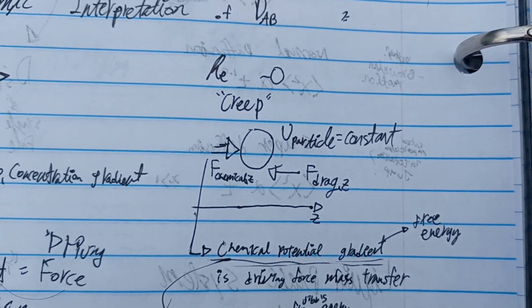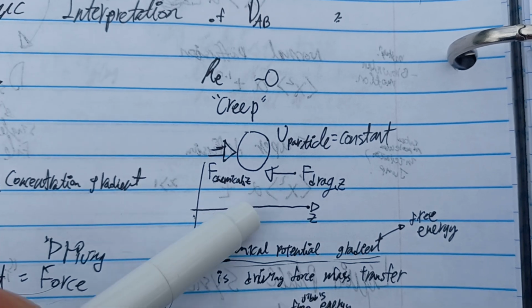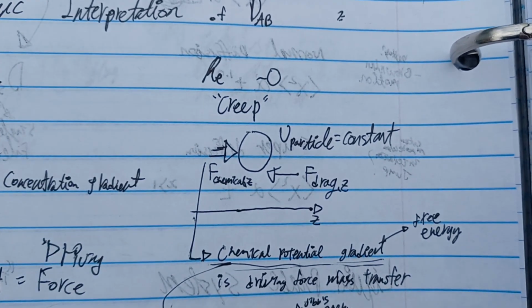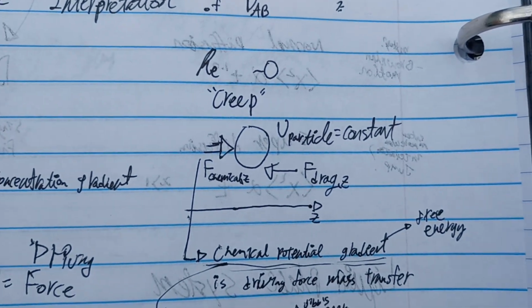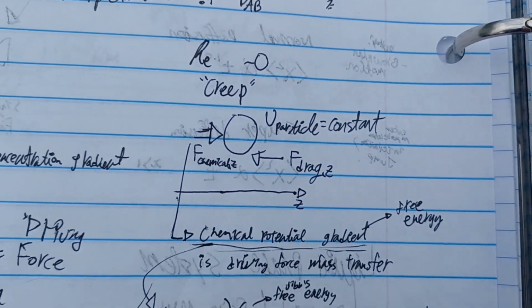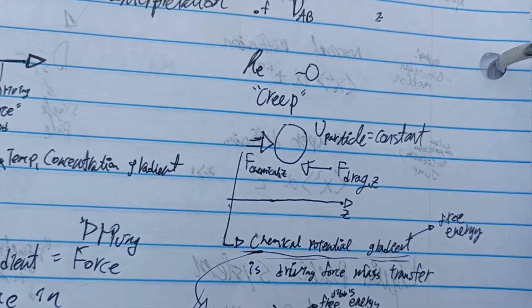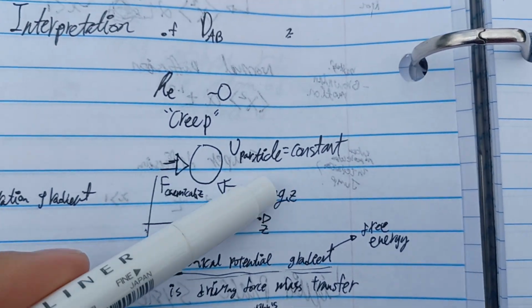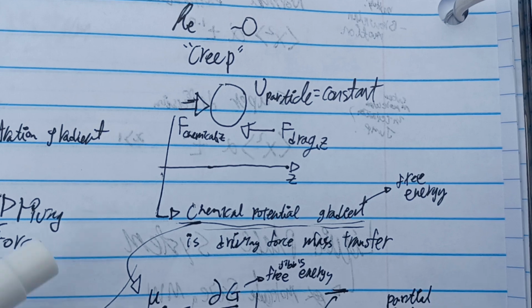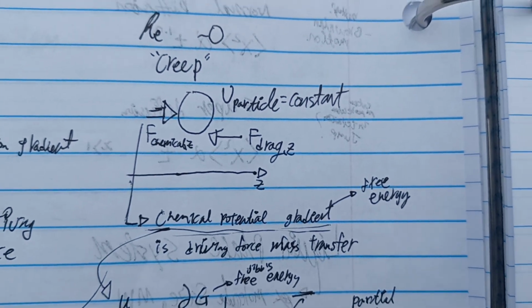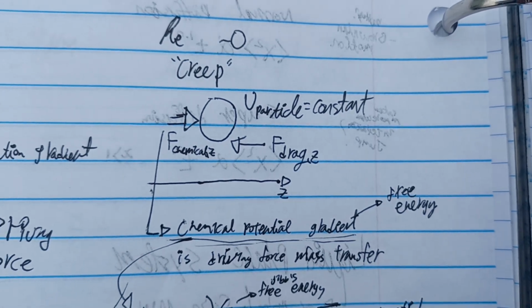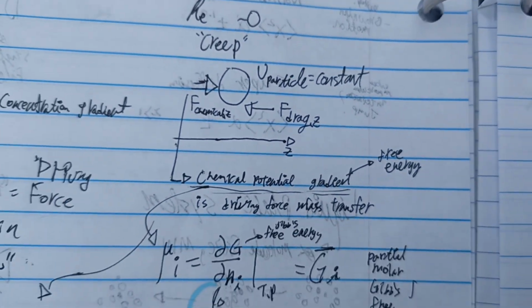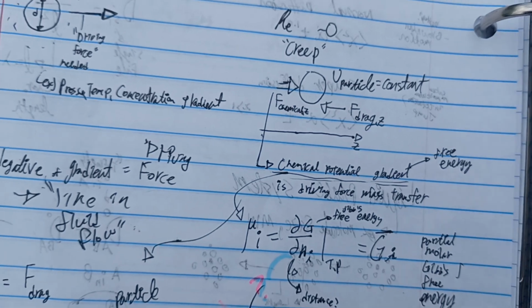In such a case, we have this force, which we call chemical, in the z direction, and then we have an opposing force, which is a drag force, opposing the chemical force. And we're going to assume that the particle velocity is constant here. So the chemical potential gradient is the driving force of this mass transfer, and that could be described as